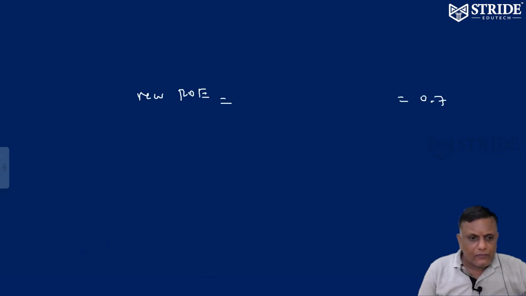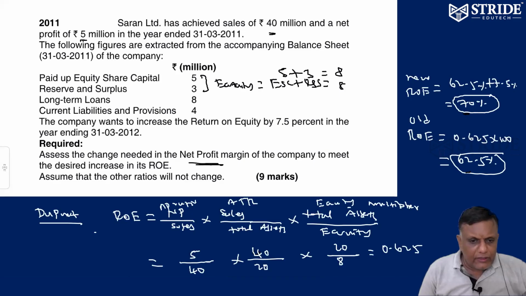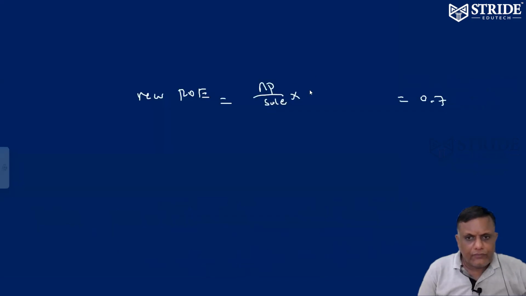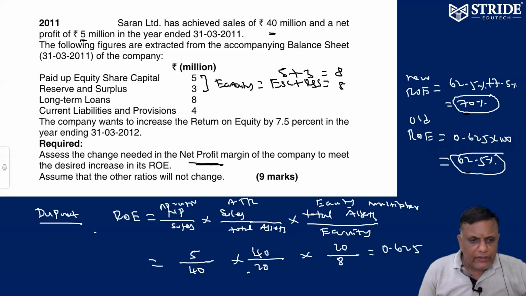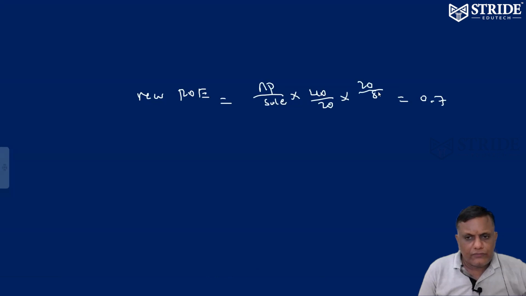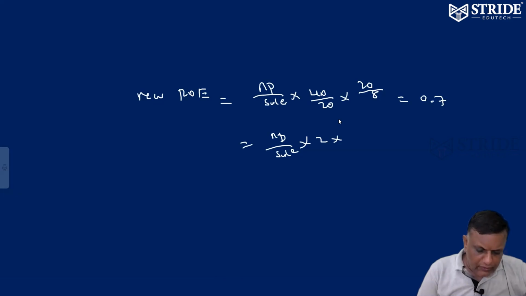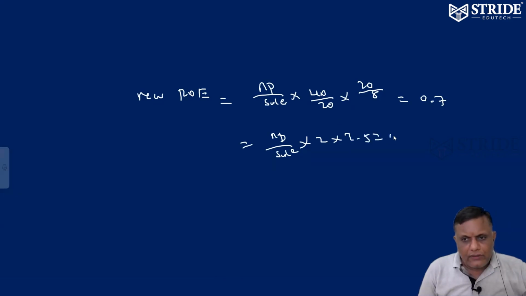That is 0.7. In this case, what is my NP by sales? How much does it have to change? The remaining things, 40 by 20, no change. Here also 20 by 8, no change. Only NP by sales has to change. So 40 by 20 into 20 by 8 is going to be 2.5, and here it is going to be 0.7. So NP by sales is equivalent to 0.7